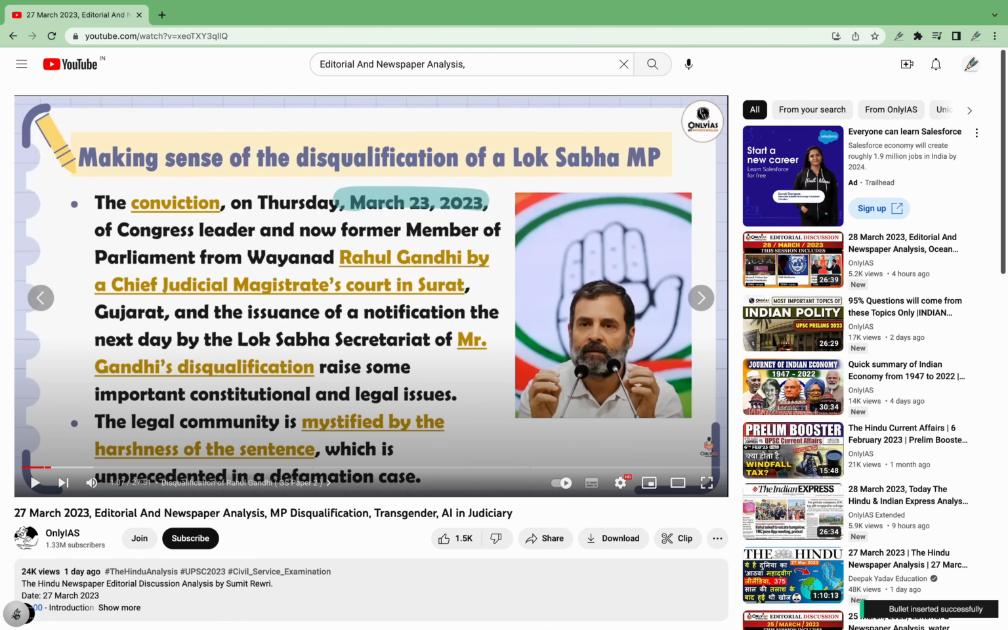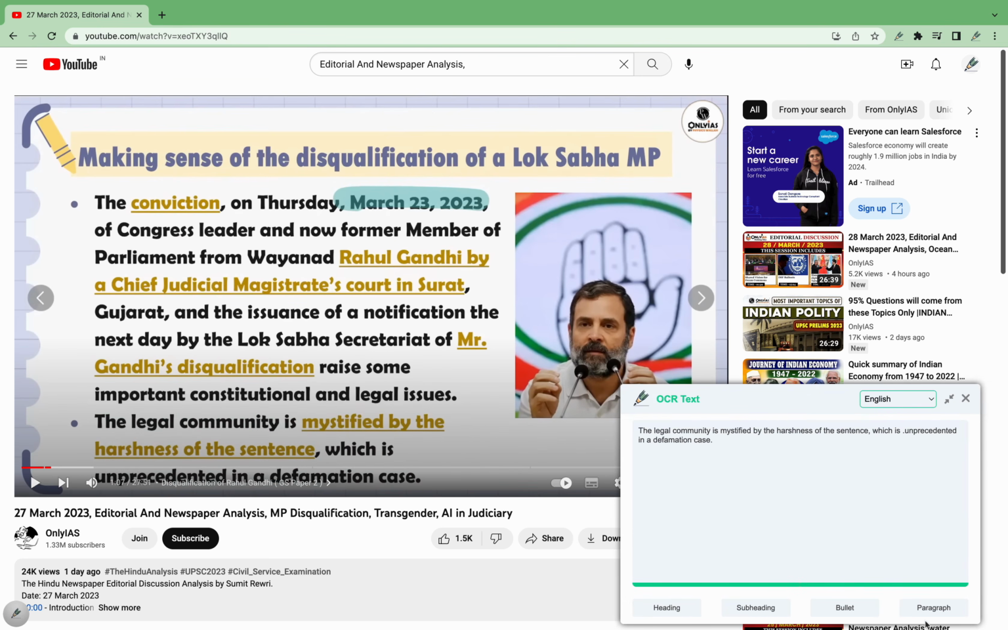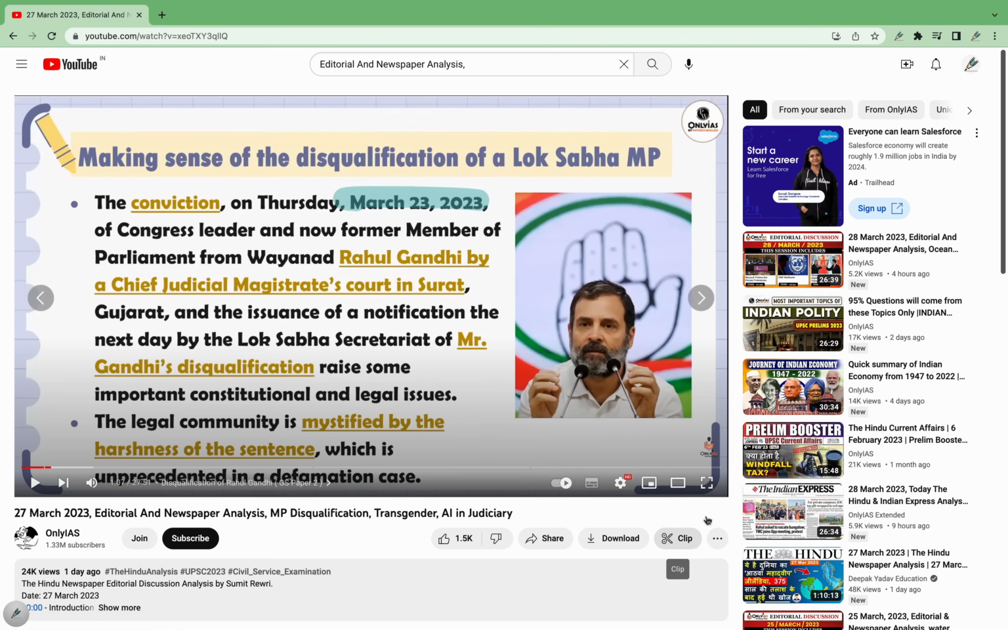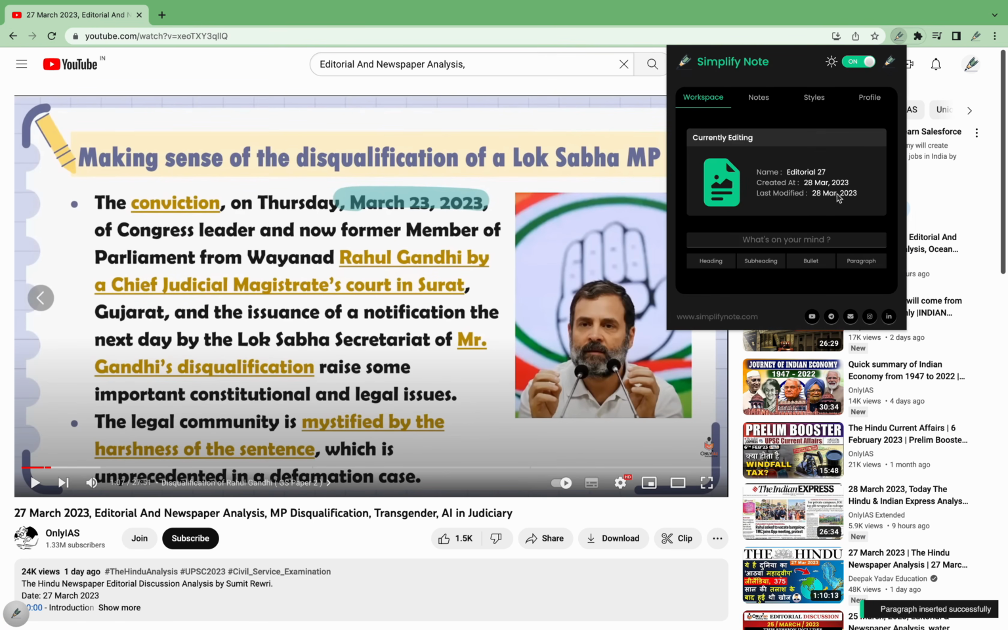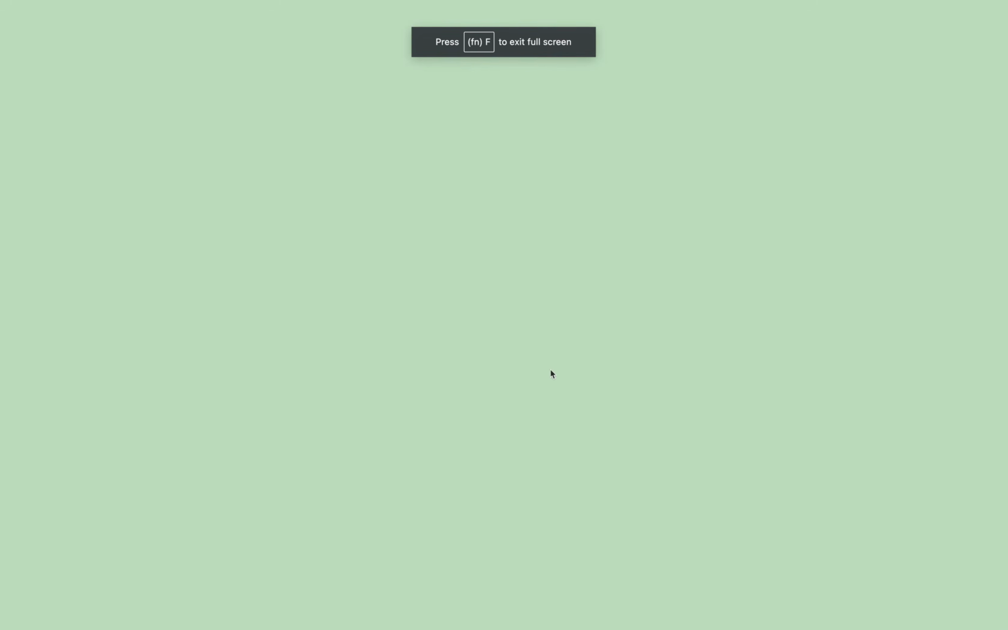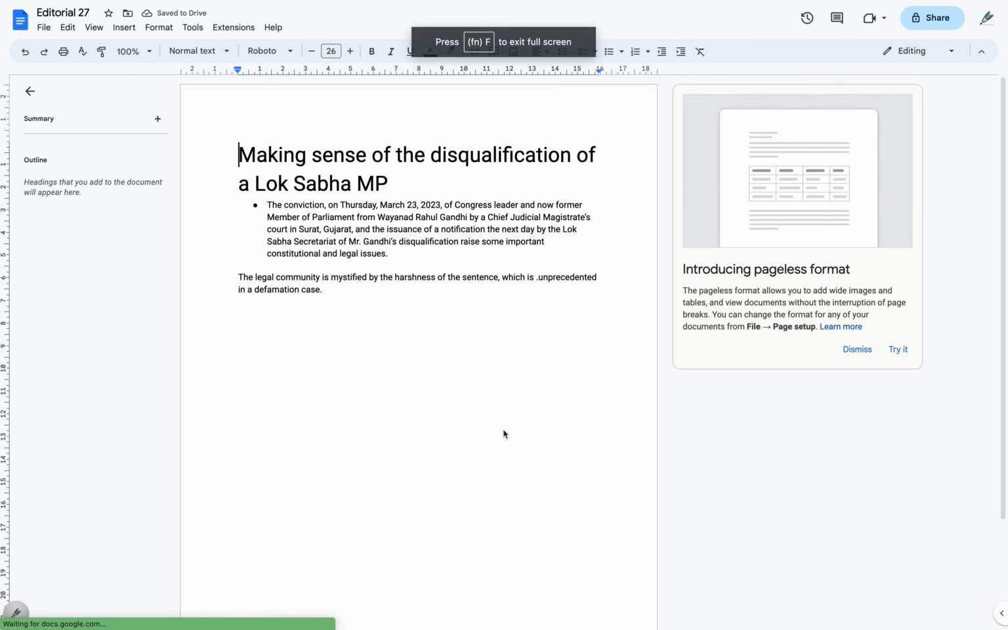This OCR is available in 30 plus languages, and all the text that you have extracted from the video directly goes to your notes on Google Docs, which you can very easily access by clicking on the extension icon and then clicking once on the document icon that is available in your workspace. So here is all your